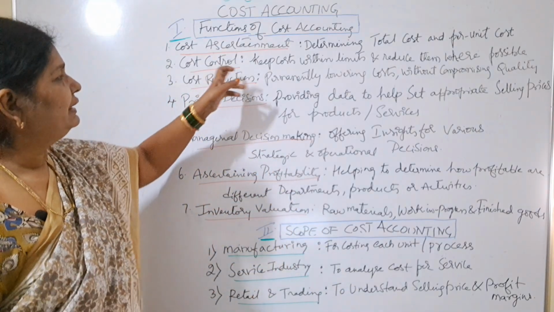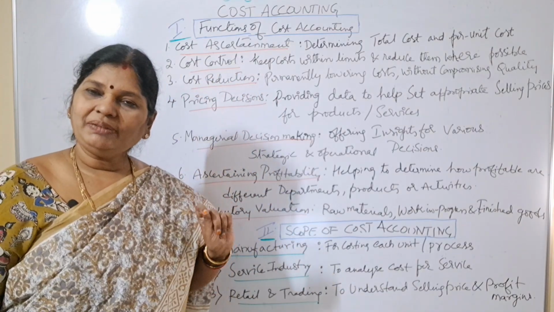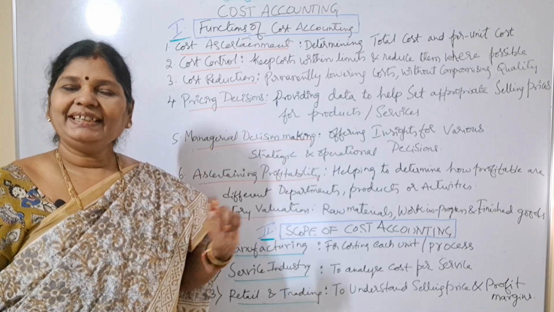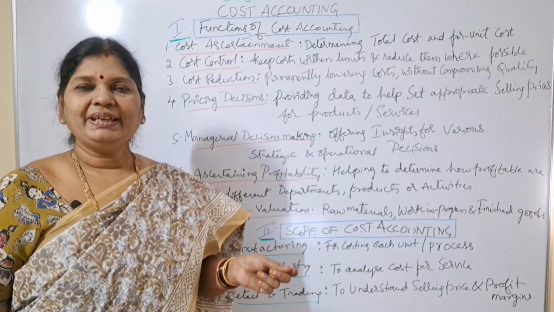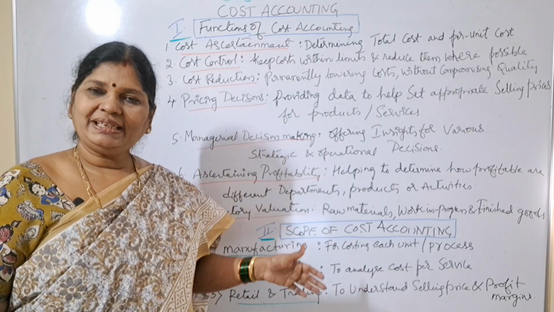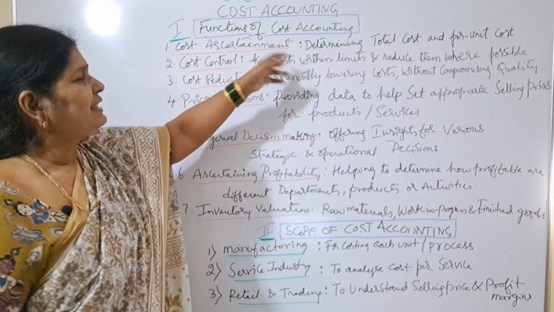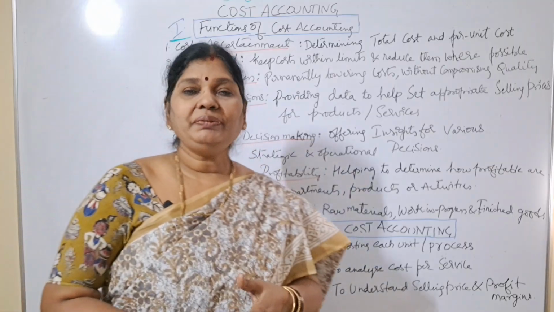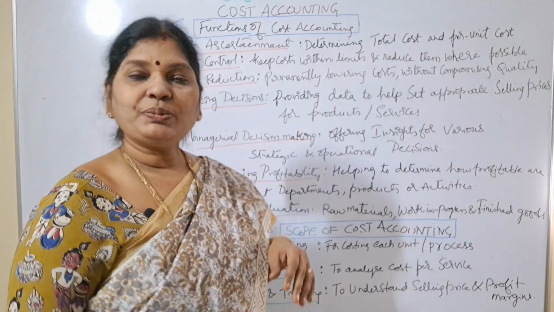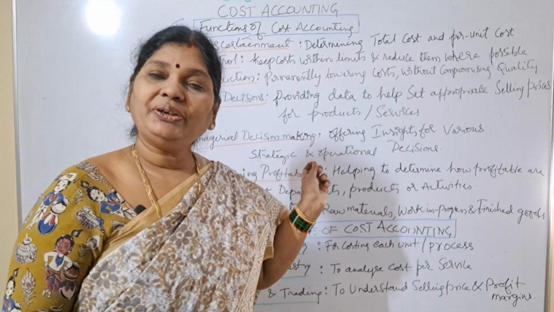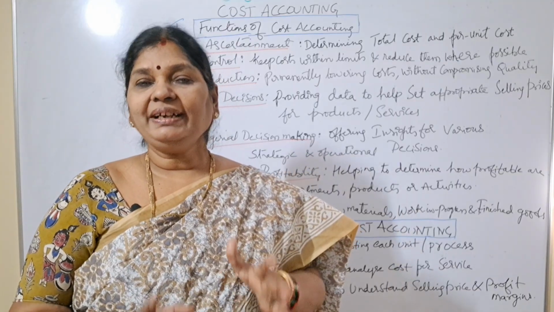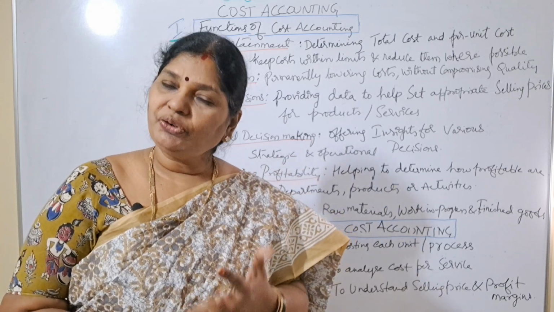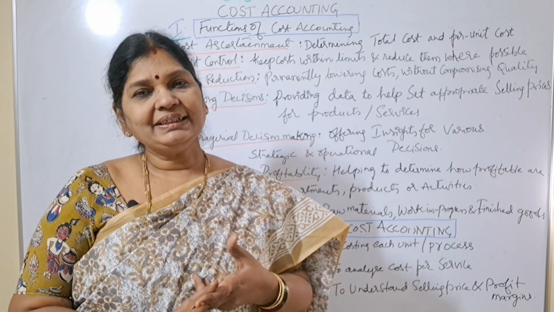Do you remember what example we have taken in our last cost accounting video? Sweet treats. In this video also, we'll take the same example and we'll continue our next concepts using sweet treats. Cost ascertainment means determining the total cost and based on that, we will find out what is the cost per unit. So first we'll find out the total cost that got incurred in the business, and based on that, we will divide that with the number of units produced and we will get cost per unit.